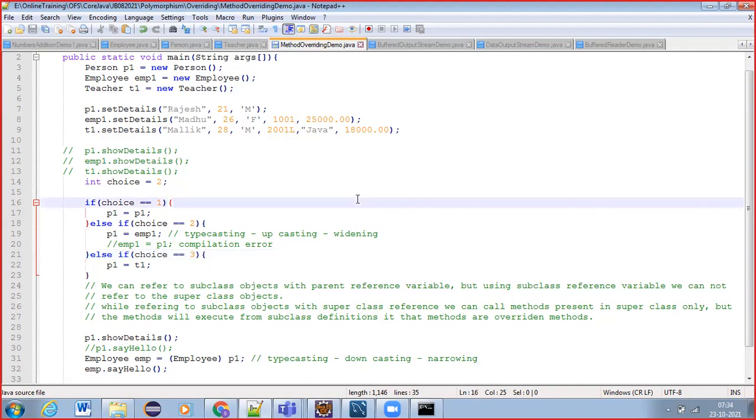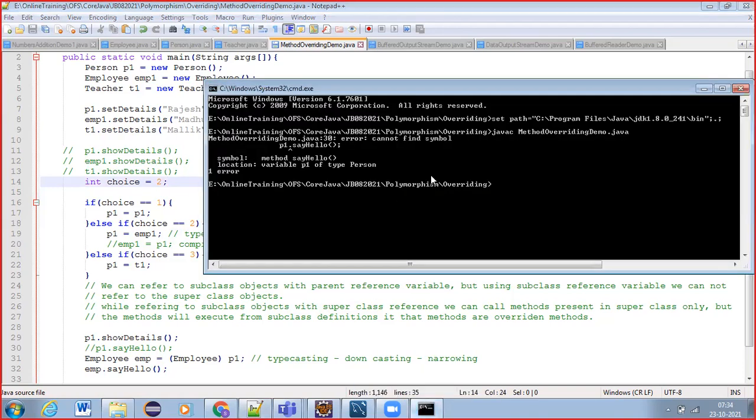So this is about polymorphism. So dynamic polymorphism, everything. So now if I compile and run, you can see the polymorphic behavior of the code.